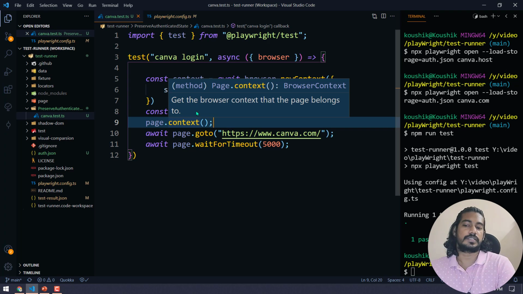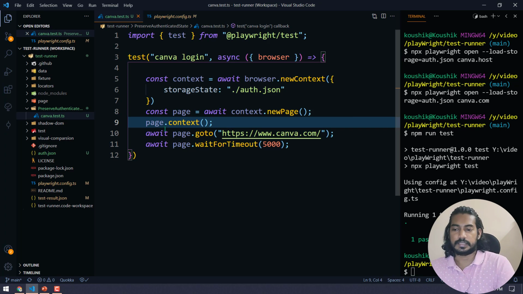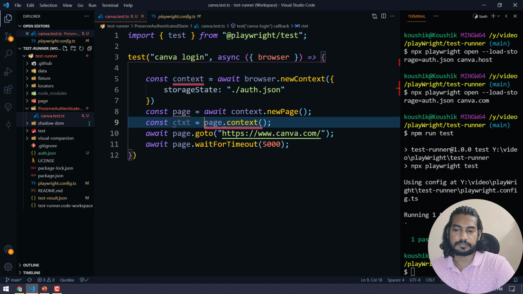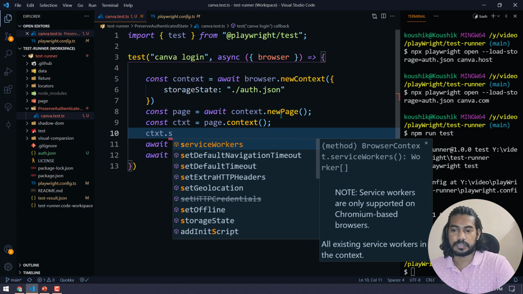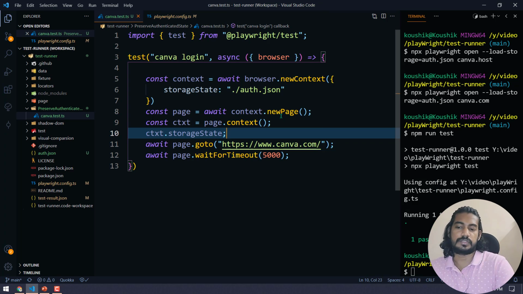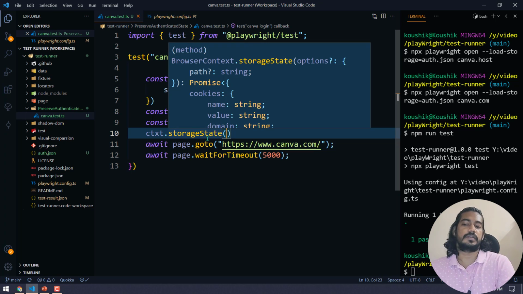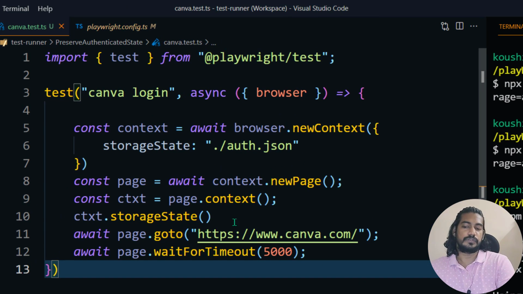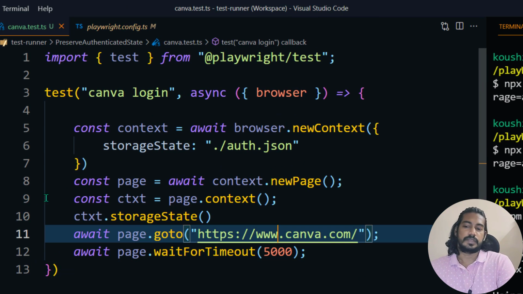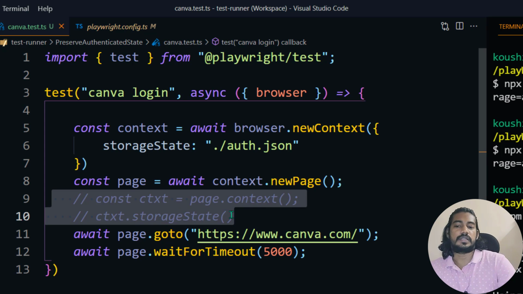Then from the context I can store it as const ctx, and then use ctx.storageState. This is going to return the state. For example, we have used the codegen function to store the authentication. If you want to do it from your script, of course you can use this. I'll just comment it for your reference, and that's it.